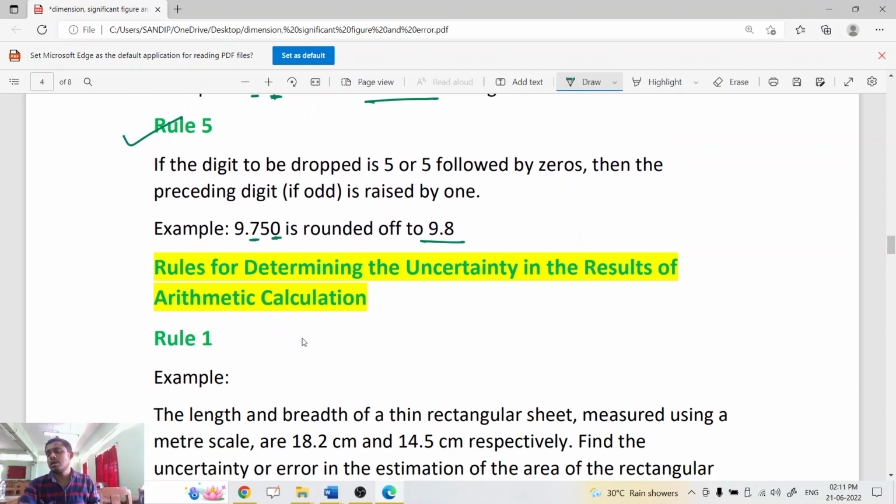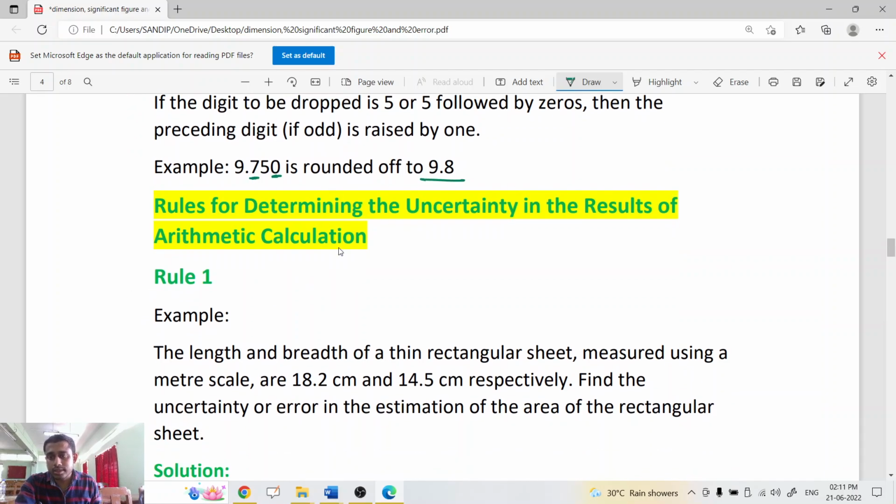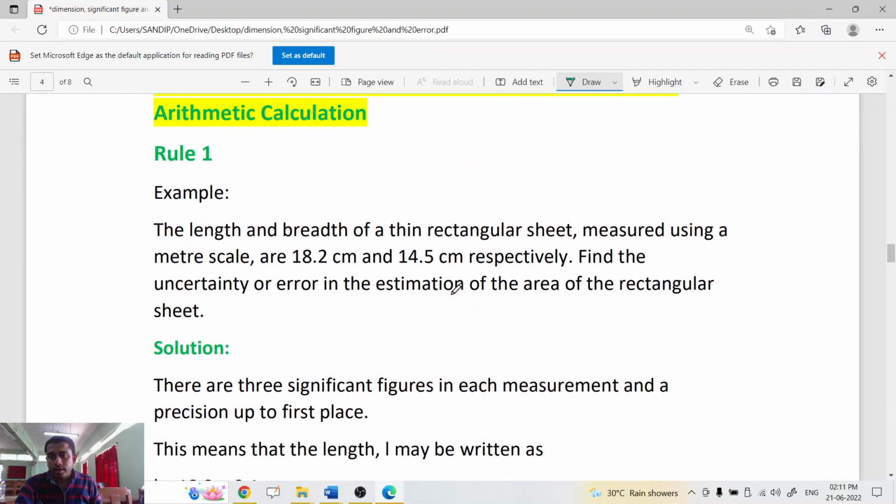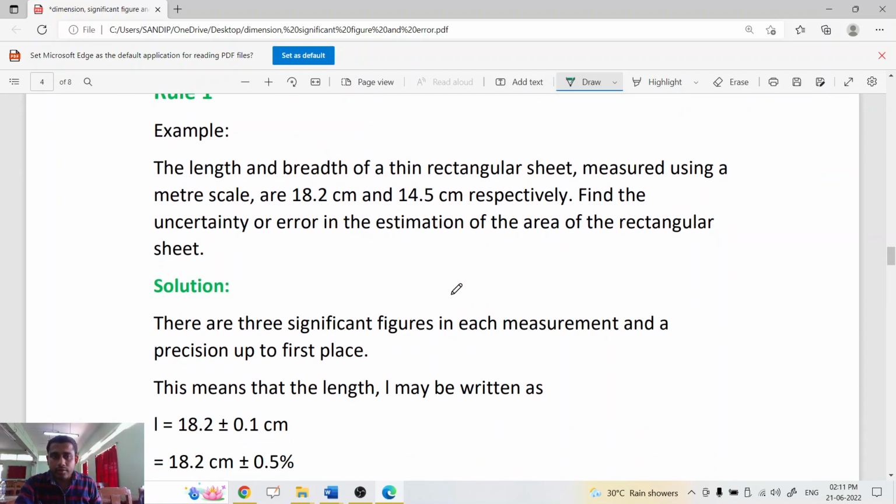Okay, this is rule number 5. And now we move to our next part, that is rules for determining the uncertainty in the results of arithmetic calculation. Here also you just take different rules, and at first we take one example, the length and